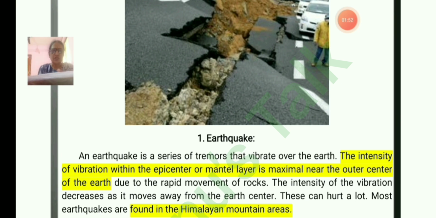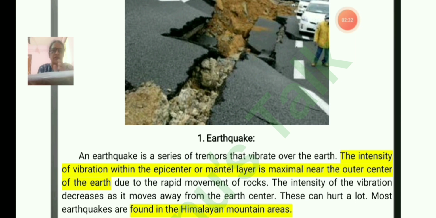Before that, let us learn one thing. You know from the previous learning theme the layers of the earth, right? The earth's outer layer is made up of large moving plates, fine. These moving plates are called tectonic plates. These tectonic plates are slowly moving, and sometimes they get stuck at their edges due to friction. Then the stress on the edge overcomes the friction.